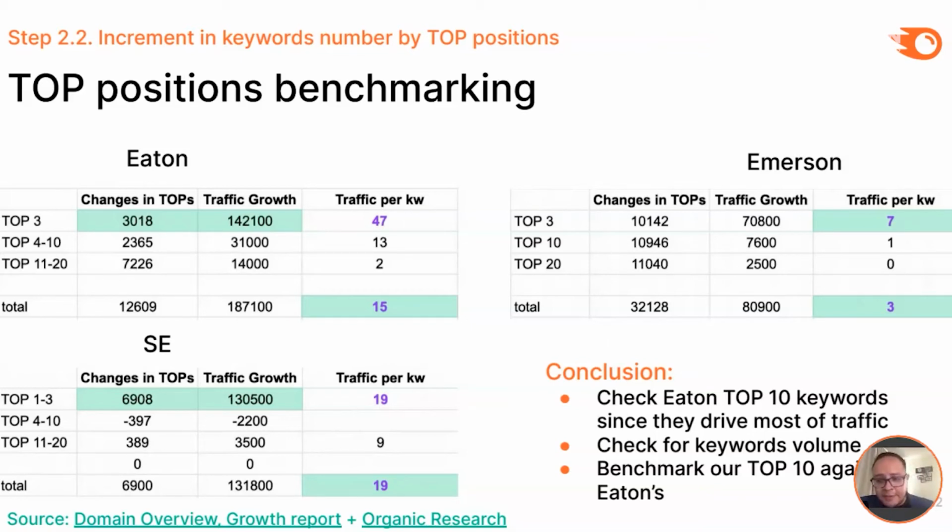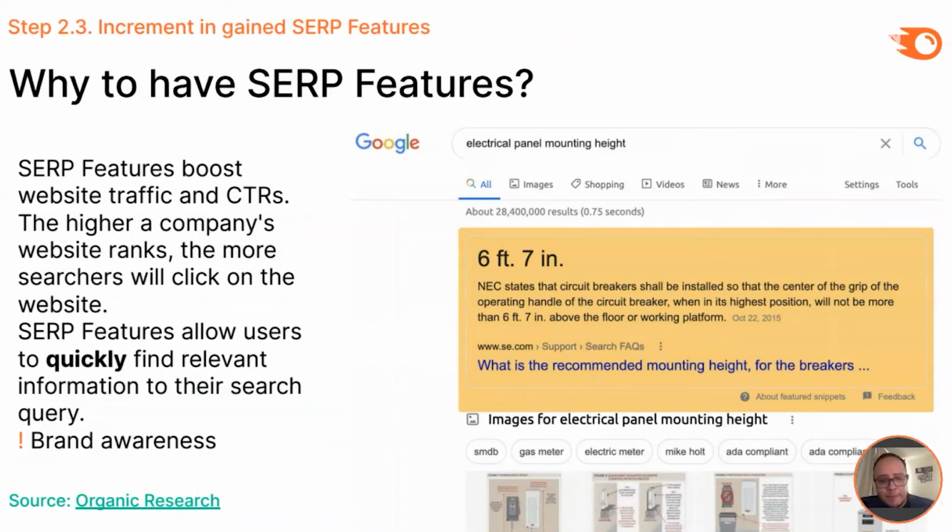In this case, we have a clear winner here, which is Eaton. Schneider Electric has a lot of interesting keywords as well, but you need to check what these keywords are and analyze a little higher. But this is not the benchmarking when you are going already so deep. That's another thing. Once we finish with the keywords, we need to go with the search features.